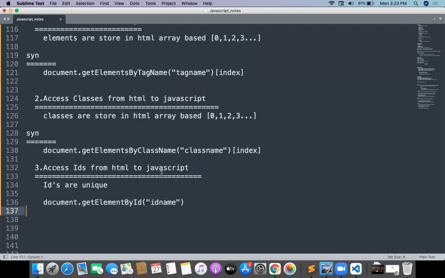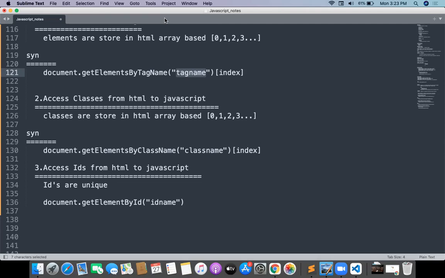So: document.getElementsByTagName, document.getElementsByClassName, document.getElementById. This is singular. This is not having any index. Okay, we will write all the programs one by one.